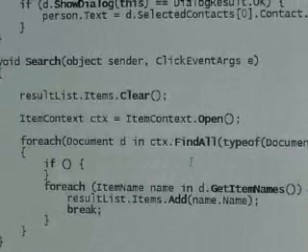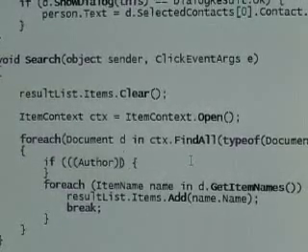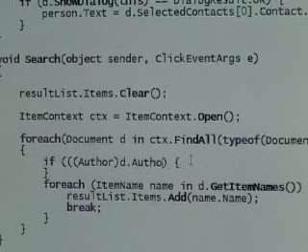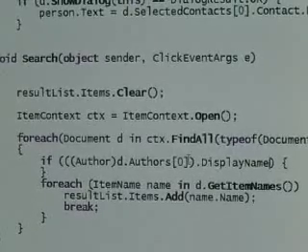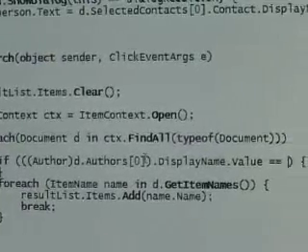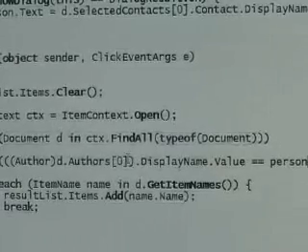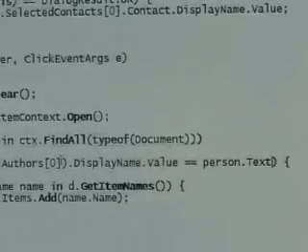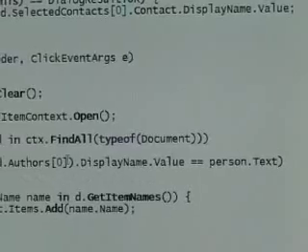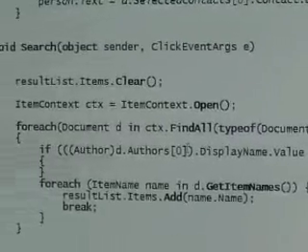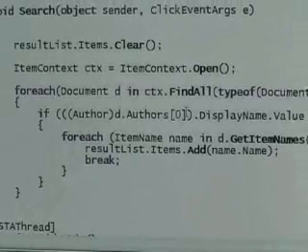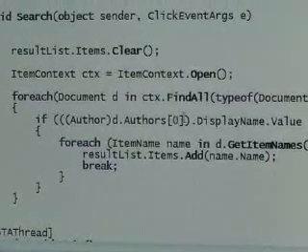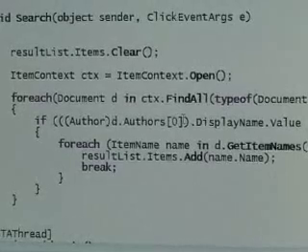So here we're going to say if the author of the document, since every document can of course have multiple authors, we're going to look at the first one and look at the display name. So if the person has the same name as what's in the text box, then we'll do this logic. So we'll just move this in, and now we've filtered on all that data. Now run,